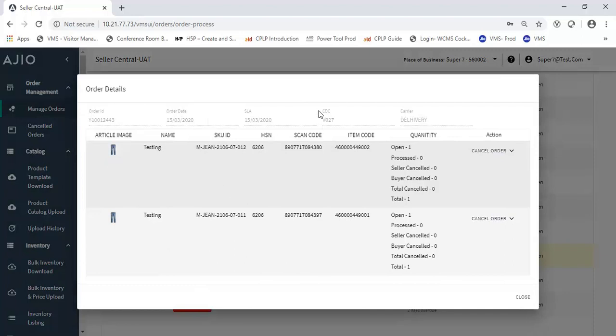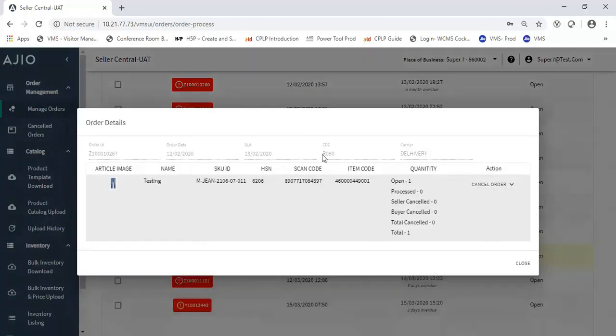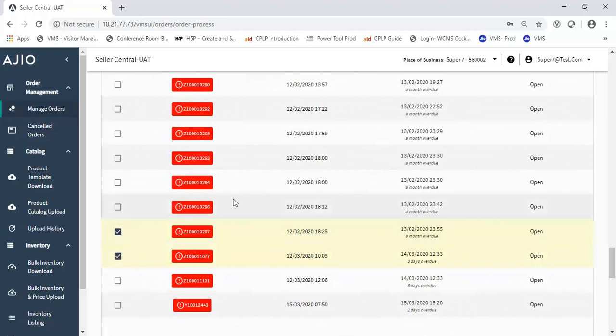as you can see, as the error said, the CDC is mapped differently. The CDC here is V027. So you cannot process this order with the R050 order. Let's check if this order has the same CDC mapped to it. Yes, this is an R050 order. So you can select this order to process in the same shipment. As you can see, when I selected this, there is no error message. So I can process these two orders in the same shipment.